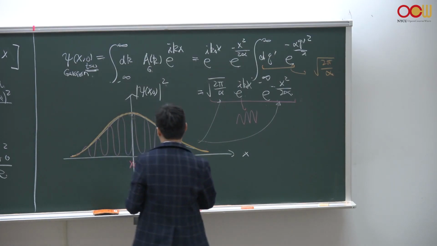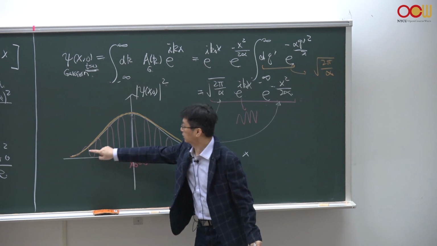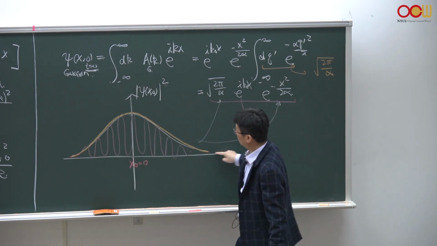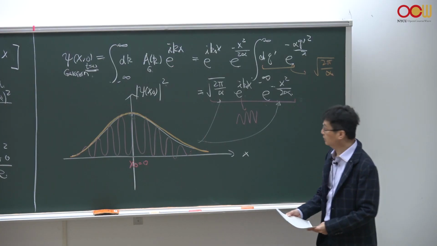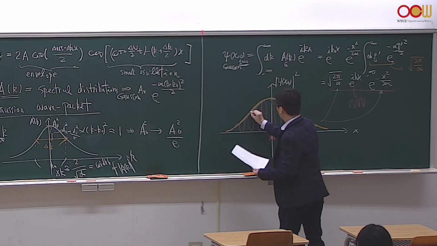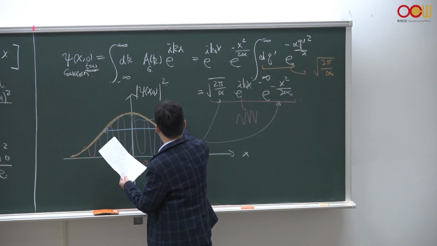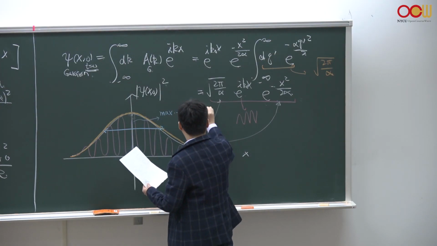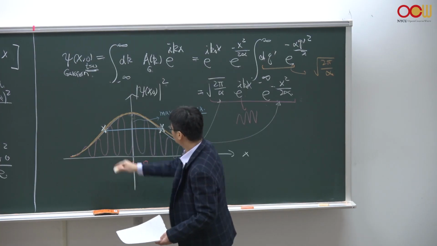You can also find this particle in different places with different smaller probability like this, and this probability distribution follows this Gaussian curve. And we could also define such an error bar to determine the precise location of this quantum particle in the same way, where the maximum value decays by 1 over e. Okay, so this point and that point